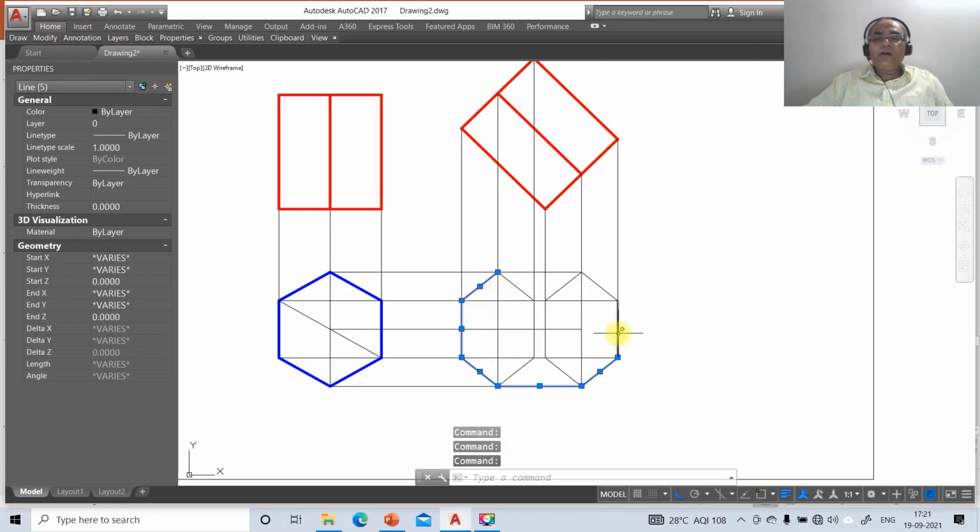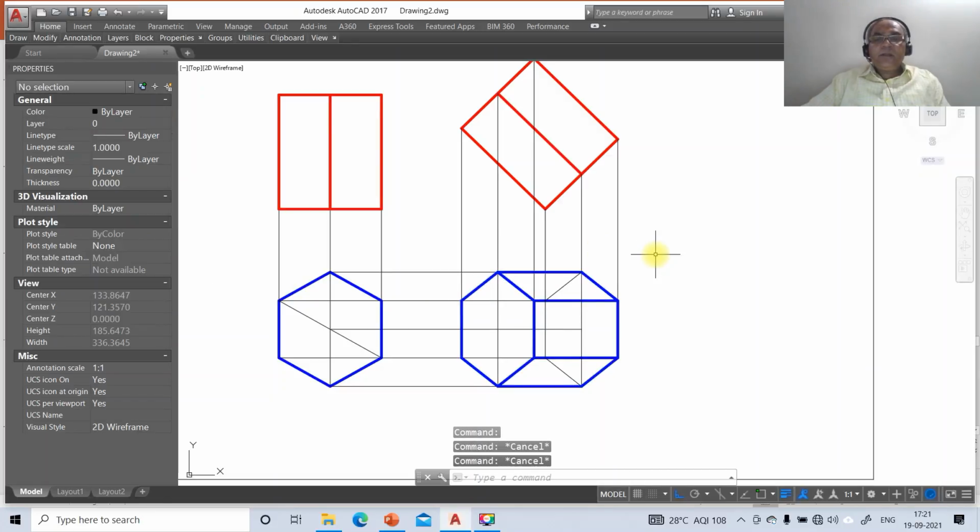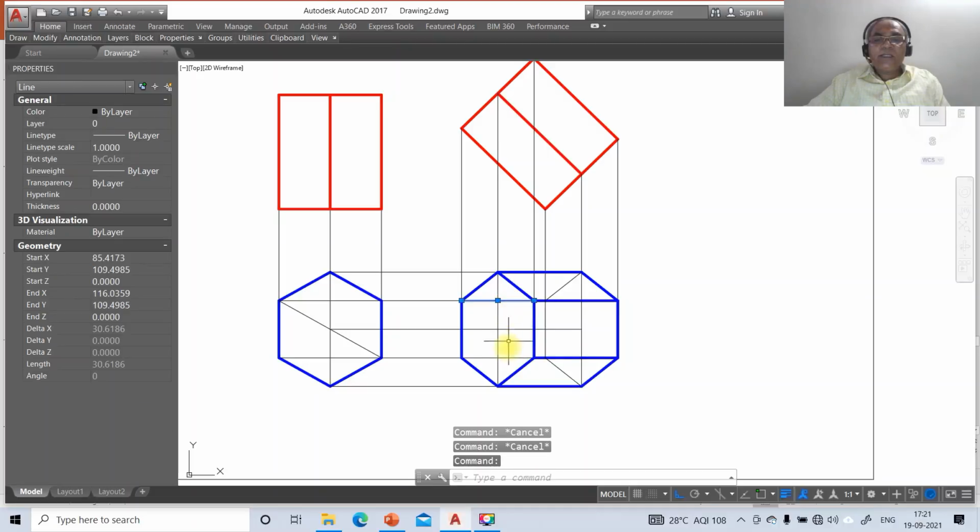So that means you have this boundary, edges are visible and the surface nearer to the observer is visible. As these edges are visible, so automatically these two edges become visible. So the layer which is going to become top view. Then we have these edges, and also these edges become invisible.